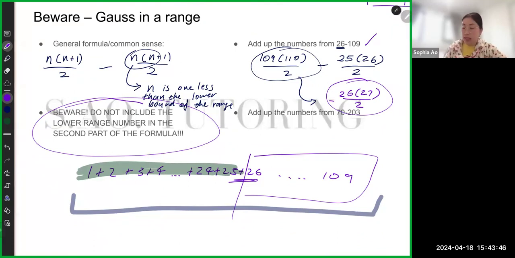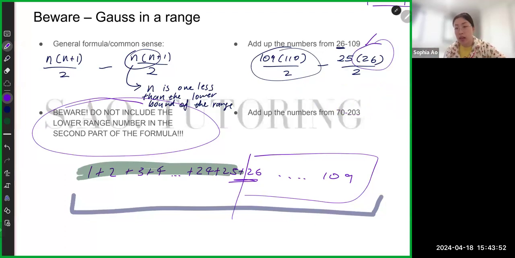Okay. Now, this is where the second question from students usually comes in. They go, oh, but Sophia, you wrote 26 over here. Didn't you write 26 yourself? That's what someone always asks me year after year. But you actually have to understand where that 26 comes from. Okay, everybody? So we put 25 into n, okay? But it's just a bit of a shortcut because this part is n plus 1. So that's why it's written as 26. This 26 is not the same as this 26 over here. Yes, they're the same number, but they do not have the same origins, okay? So this 26 should really, if I want to be a bit clearer for everybody, be written as such,